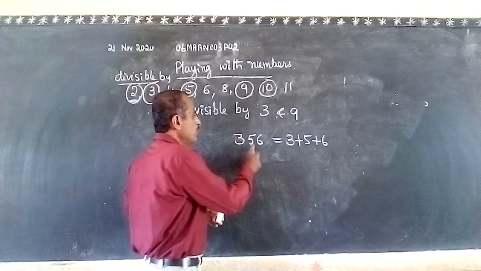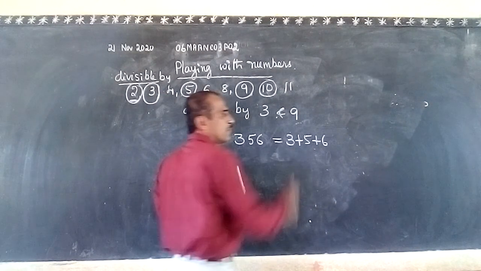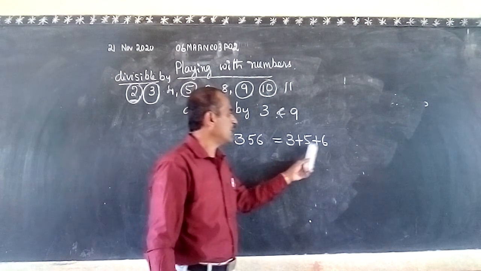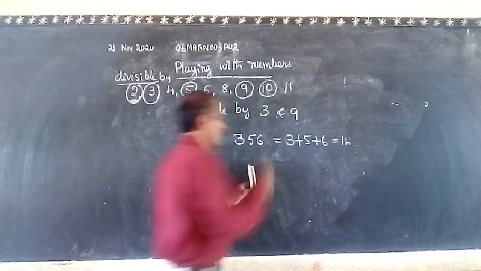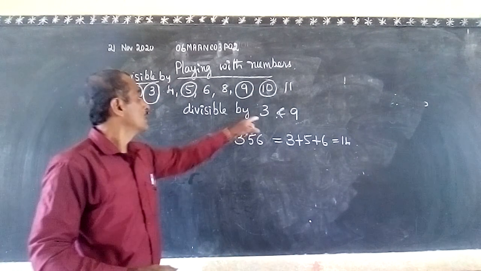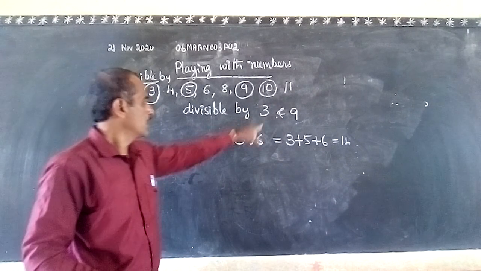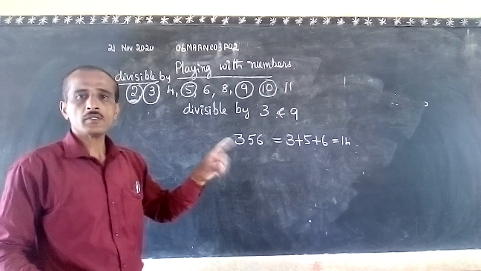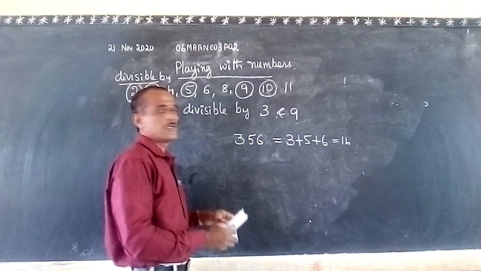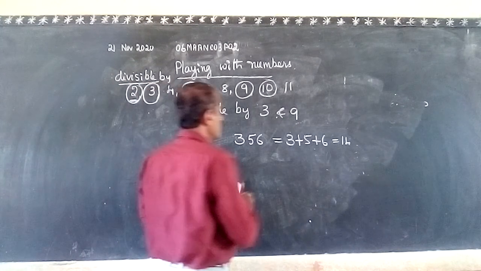Okay. So 3, 5, 6. What is the sum? 3 plus 5 is 8. 8 plus 6 is equal to 14. 14 is not divisible by 3. Therefore, 356 is also not divisible by 3. Okay. Suppose I will write another number, say